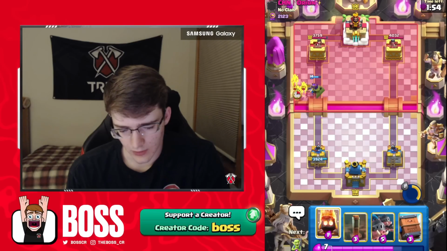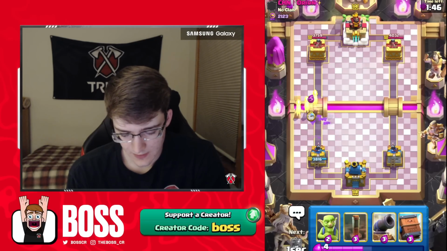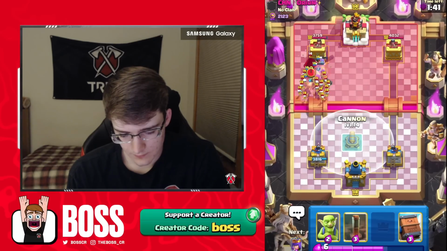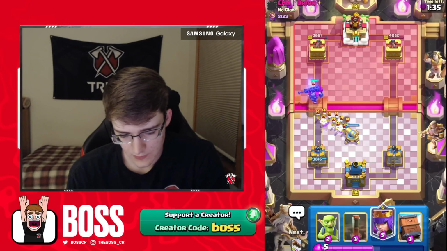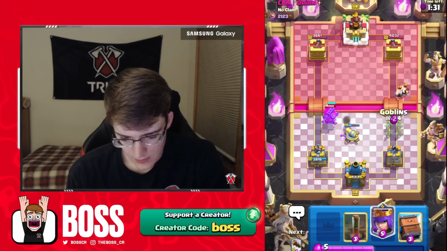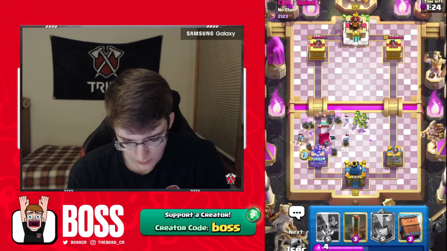There's so many people running bait decks right now. Not necessarily traditional log bait, but just bait decks like this. Another reason why I think this deck is rising again, currently. Okay, so I'm just going to set up a cannon. Those Royal Hogs were probably not the best on my end there. But I think it's okay. I'm just going to go goblins over here. And then let's get a log going. We do got to watch out a little...